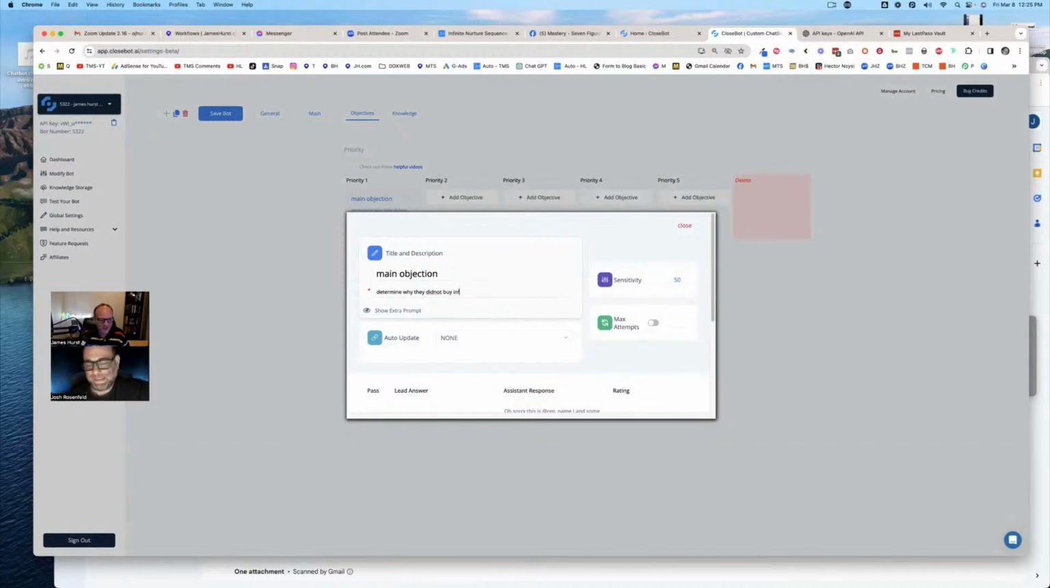I'm so excited for this, dude. I've never seen it before. It's a really cool, tiny use of AI and a conversational bot that you could apply in 100 different little areas in a funnel. Determine why they did not buy the, with the follow up and the retries,